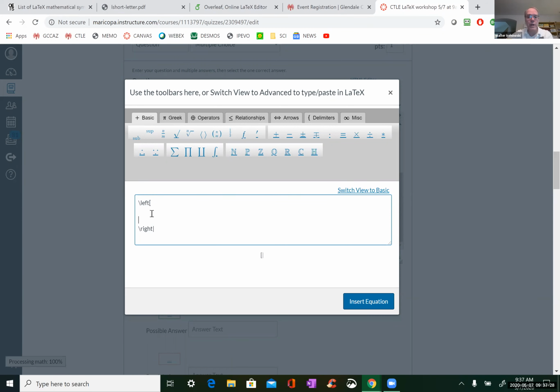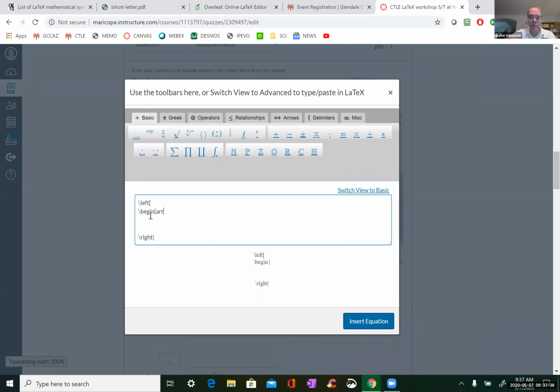Okay, because in between here, I want to go up one more. I want to put an array. And of course, here you can decide which way you want them. If you want everything centered, you can put centered. If you want them right, you can do anything you like here.